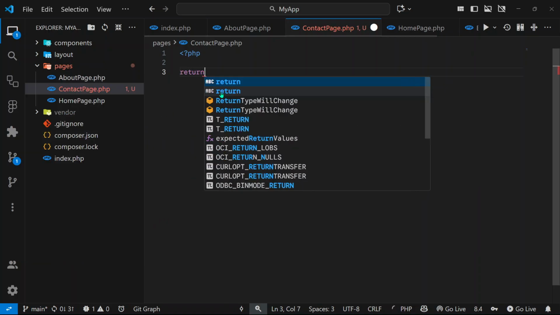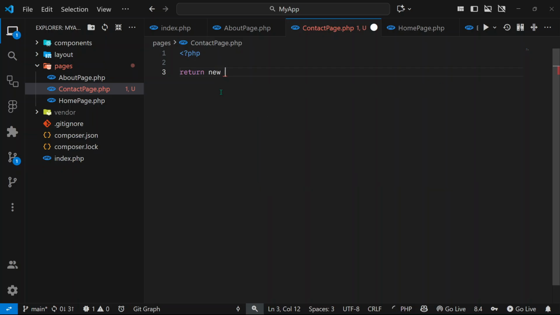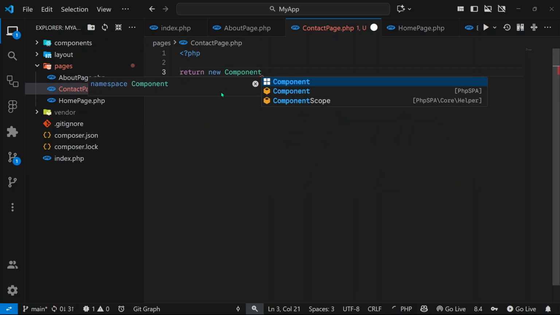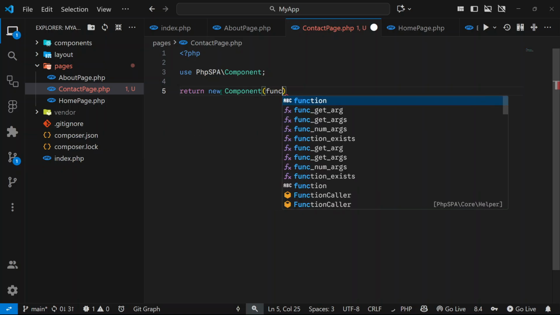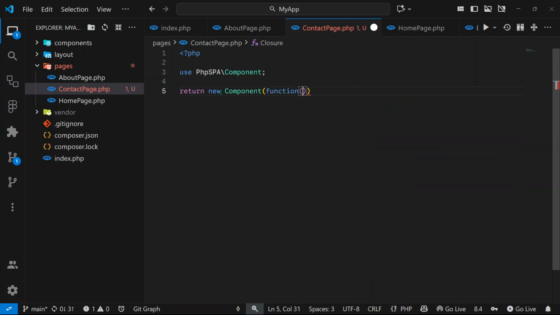Return new component, new component function, return HTML and end our HTML. So here we write a div